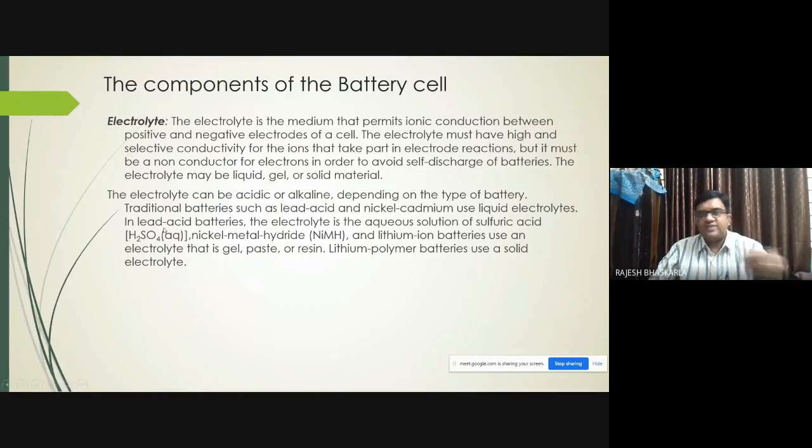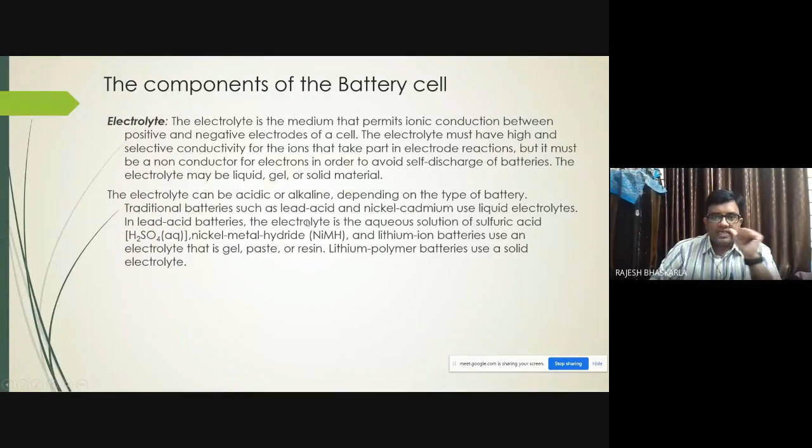So in such batteries, we need not fill distilled water. Whereas in conventional lead acid batteries in the olden days, or even now in some inverters, where it is not maintenance free, we have to add some distilled water. That is a lead acid battery which requires maintenance. But a packed or sealed lead acid battery has a gel of H2SO4. You need not fill distilled water. You will understand why we require water in lead acid batteries in the next slide. Am I clear till now? Yes, sir.